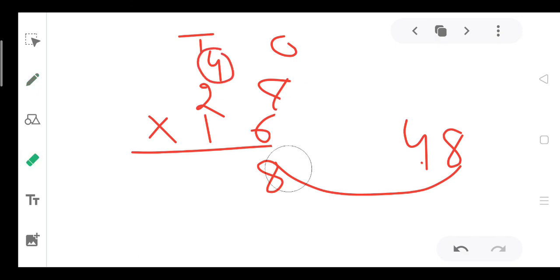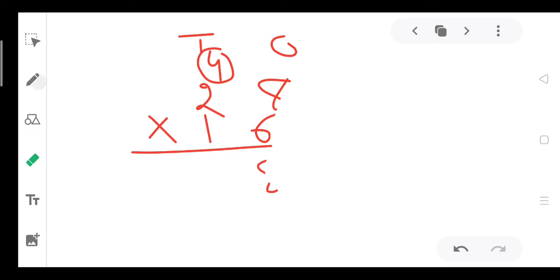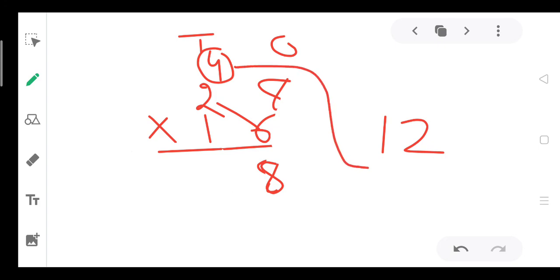Now the next step is, we will read the table of 6 up to 2. 6 2 is 12. Can I write here 12? No. The answer will become wrong if I write 12 here, because I must never forget to add the carry. The carry should be added, so it becomes 16. Now 16 I will write here. Now it is right.